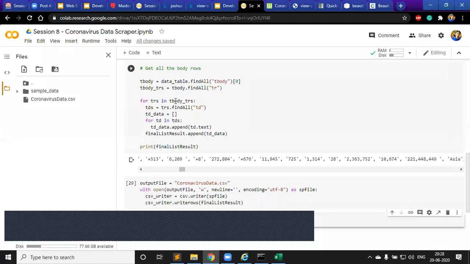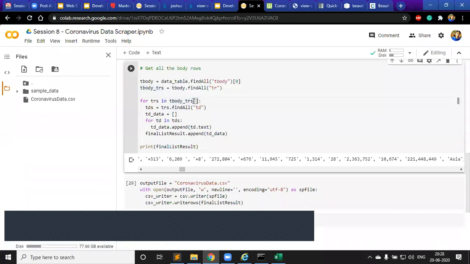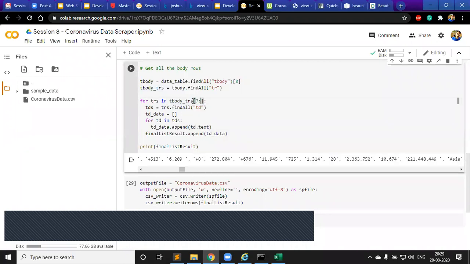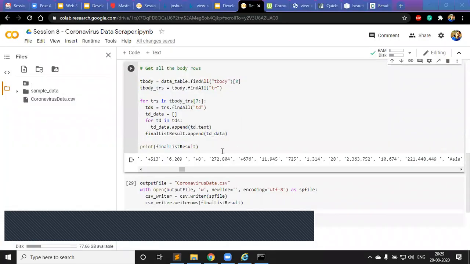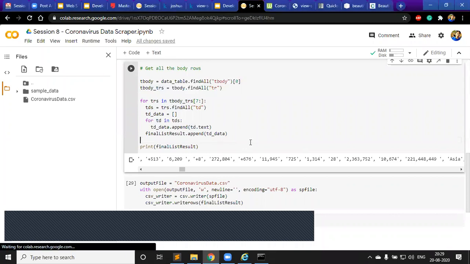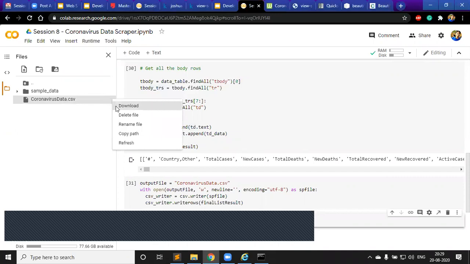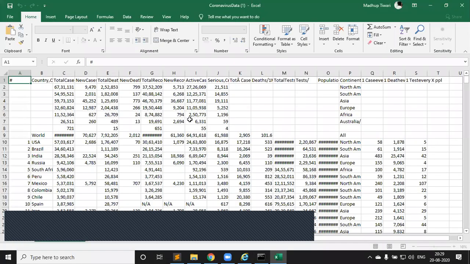Here I can see that TRS. So these are all the rows, right? What I will do is just start from maybe 7, right? Because I want to remove the first 7 until the last, right? So these 7 rows were not making sense, so I'll just remove them. So if I just remove it now and just run it again, and now I can see that this data now has